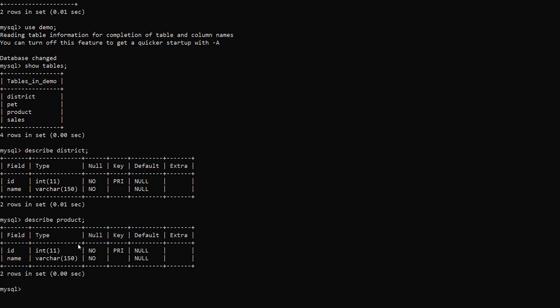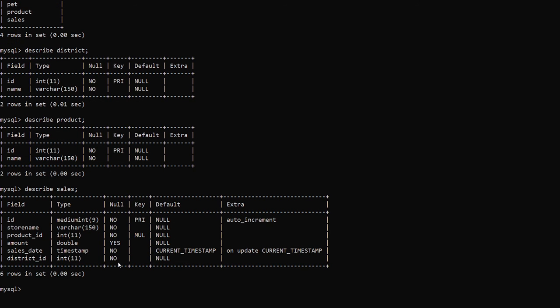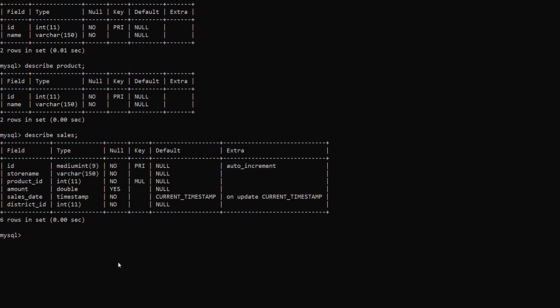The next one is sales. This table contains 6 columns. The ID column is auto increment and it is the primary key.